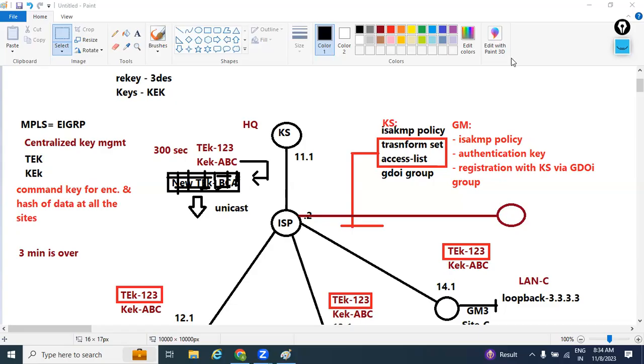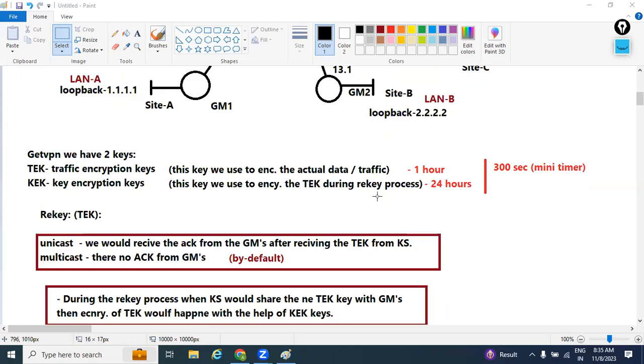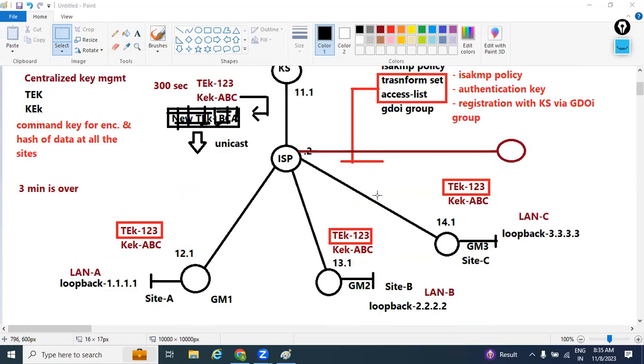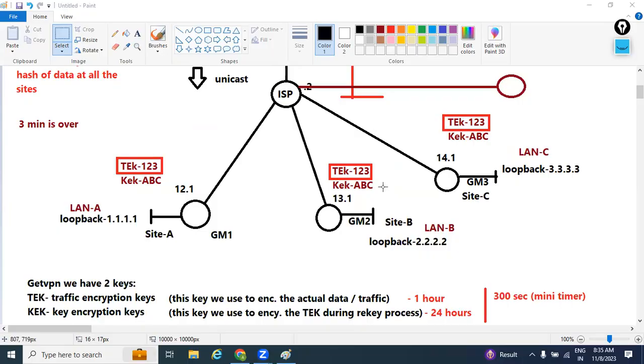Okay, so see. As I told, we have so many concepts, so don't worry, one by one. Right now I'm explaining the theoretical part, and along with that I'll show you the practical. At that time also I'll explain, but I'll again give you the brief idea. So see,